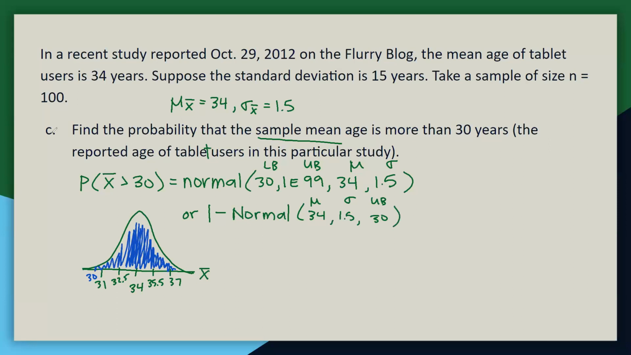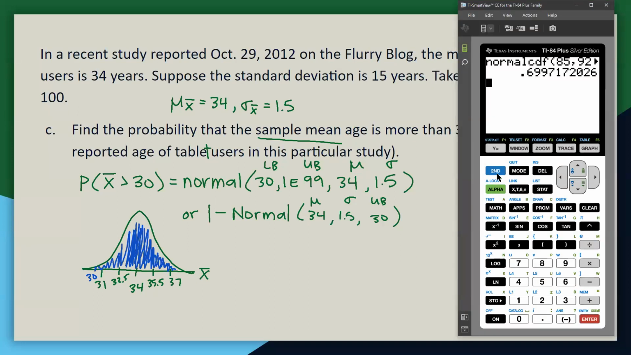So I'm going to pull up my TI-84 again. Second vars, go down to option 2. Our lower is 30, our upper is 1, and then second comma to pull up that E, and then 34 and 1.5. And my calculator gives us an answer of